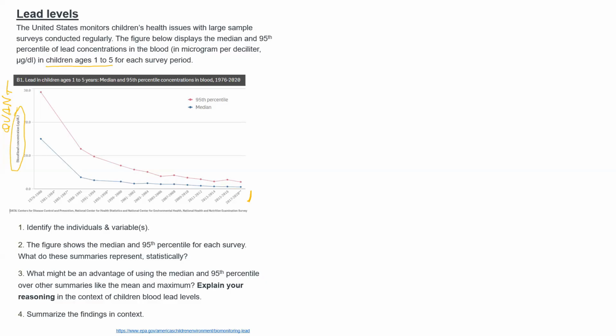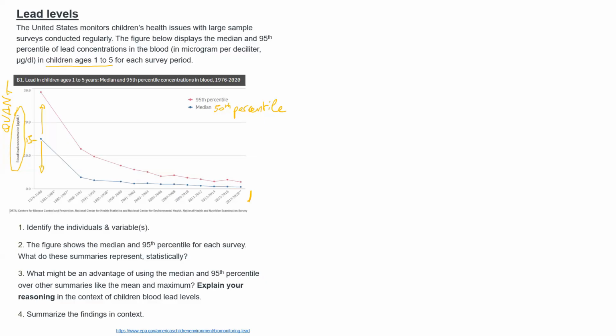Statistically, the median is the midpoint of the distribution, such that half of the individuals studied have values like that or smaller, and the other half have values like that or larger. So, for instance, for the earliest survey we have here, the median was roughly 15 microgram per deciliter. That tells us that in this survey, half the children had blood lead levels at most 15 microgram per deciliter, so 15 or less. And the other half, the other 50%, had lead levels that were at least 15 microgram per deciliter, so 15